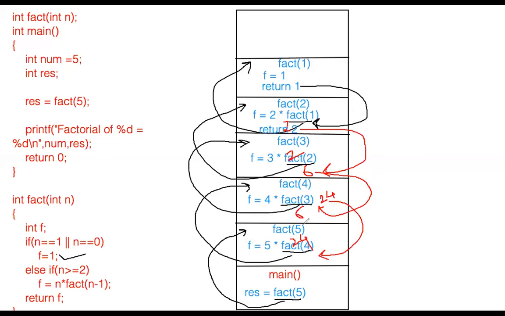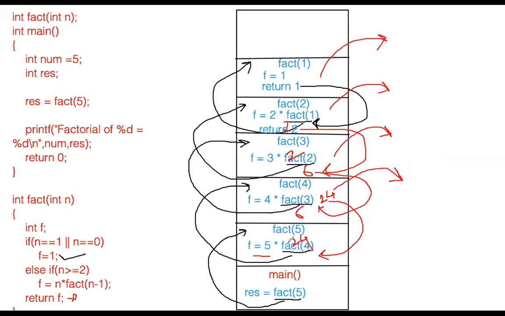Now the f variable in fact of 5, because the function has to be executed fully. It is not executed yet. From fact of 5 it is going to call fact of 4, but what about the return f? This is not executed. Return f is remaining here, so that's why it is still there. When fact of 1 has completed, it goes out. When fact of 2 is completed, it goes out. When fact of 3 is complete, it goes out. When fact of 4 is complete, it goes out, and it returns that value to the calling function.